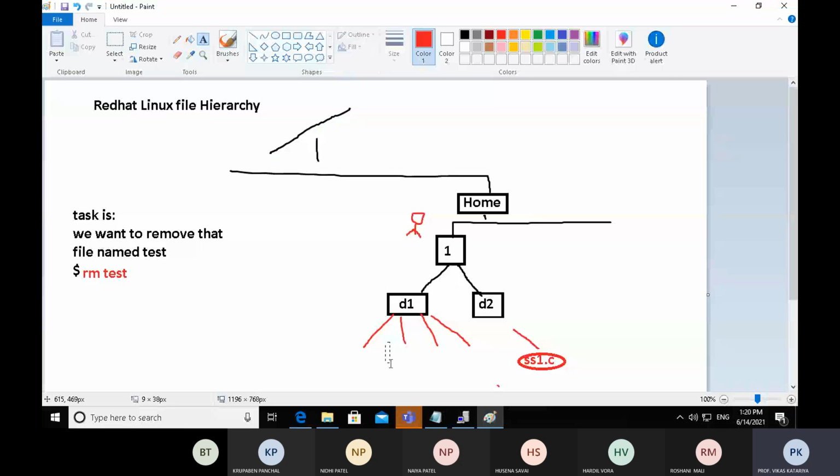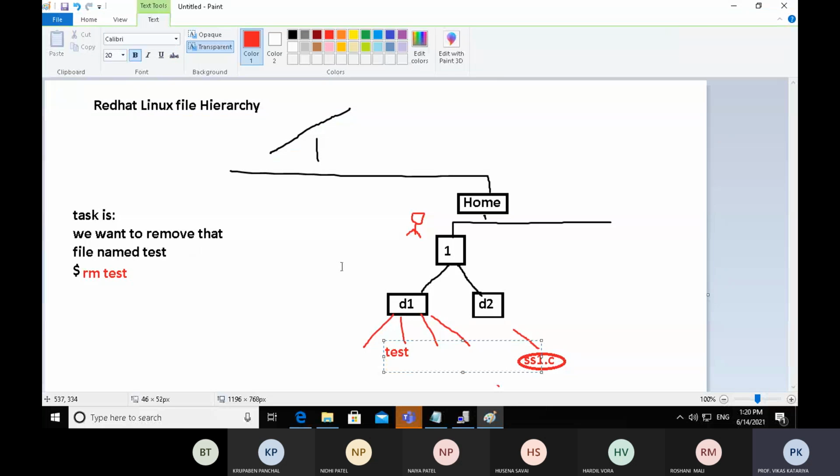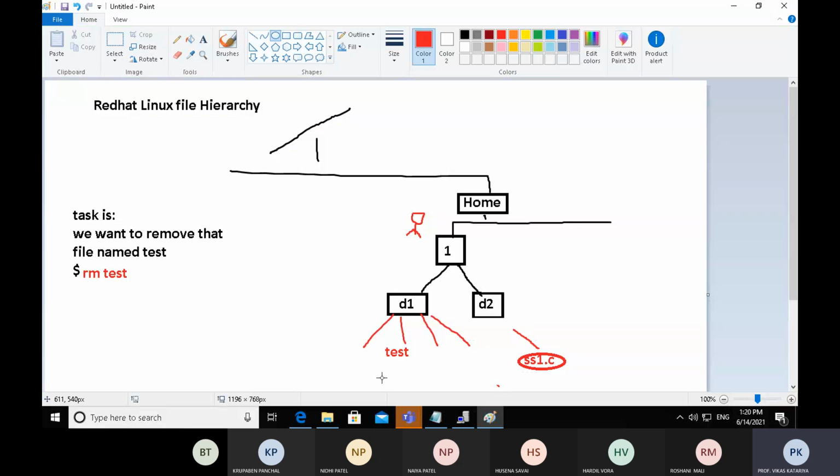Let's suppose here is the test file name. So this is the path: test belongs to the d1 directory, and d1 belongs to 1. In that case, we have to provide the complete path of the file we want to remove.